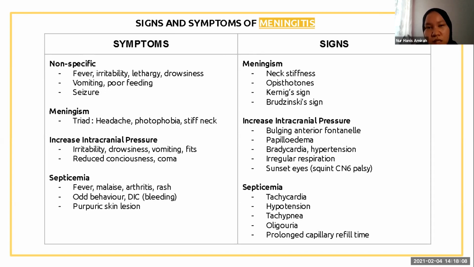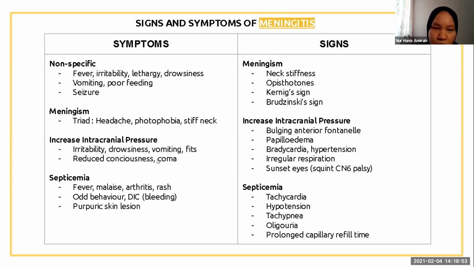So ask the patient if their child is presenting with unusual crying, for example, a high-pitched cry. So they might indicate something has happened to the child. For headache, also for photophobia, for example, a child that has a headache may complain that if they go to the light, the headache may get worse. For the stiff neck, maybe they complain that their neck is painful. And then check for increased intracranial pressure: irritability, drowsiness, vomiting, episodes of fainting, reduced consciousness, and